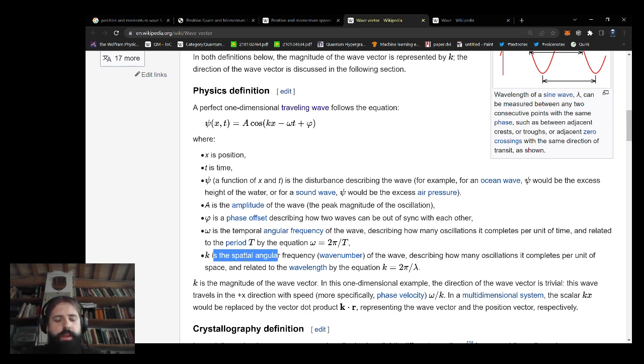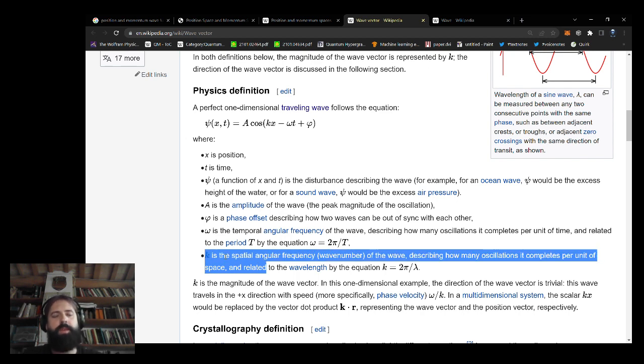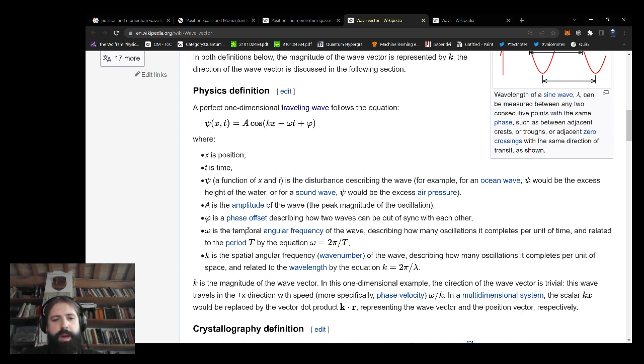It's the spatial angular frequency, and I definitely see a connection then between the momentum and space kind of conversion stuff, and then doing this k thing in between, because how many oscillations it completes per unit of space will definitely somehow define the momentum, right? Because that's in a way speed. Speed is how much space you cover in a unit of time, right? That's speed. What's much more complicated is frequency,